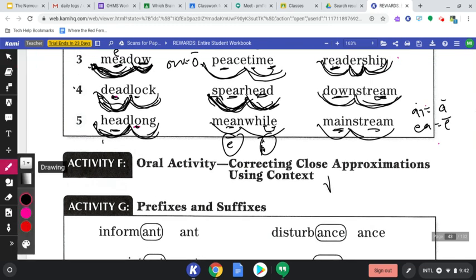Okay? That one they gave you just for an example. They said it as if it was a short A, Dan, when it's Dane. That's kind of just what they're doing here. And last one, please communicate with me by phone or email. Please communicate with me by phone or email. And the correct word is communicate.